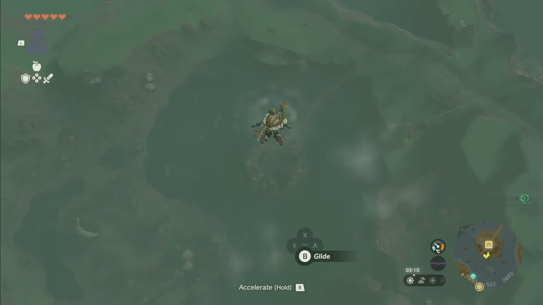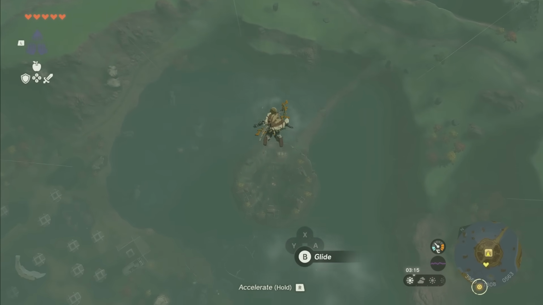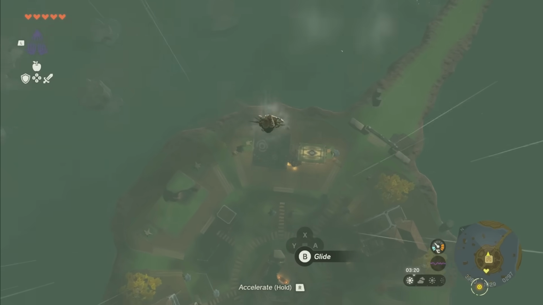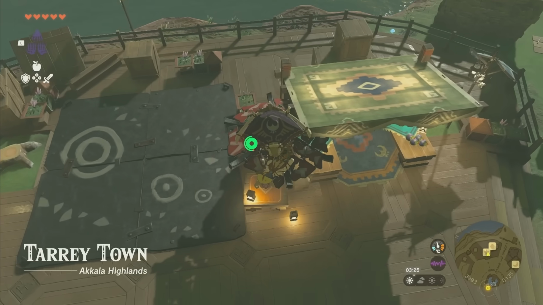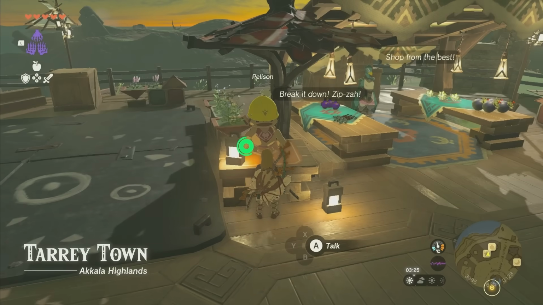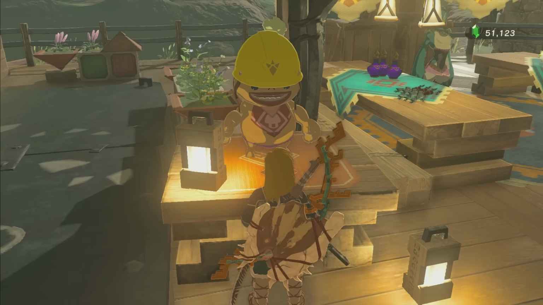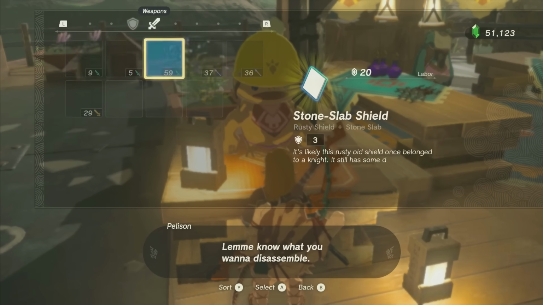So if we put a Flux Core 3 on a weapon, we can go here and remove it and then throw away the weapon, say like the stick that we put it on or the sword that we put it on, and then we can put a new sword or whatever item with it. So you can go over here to Tari Town, and there's this baby Goron right here, and you'll talk to this person, and you'll tell them, break it down,